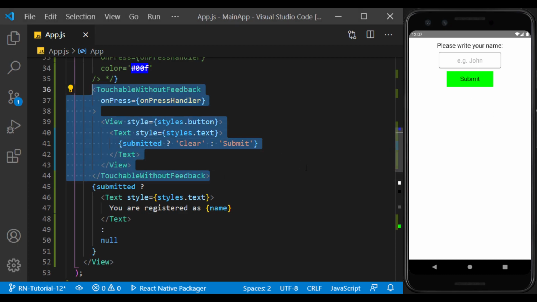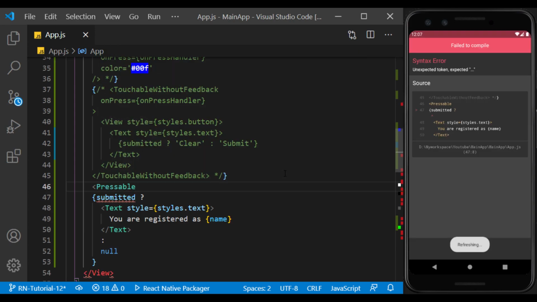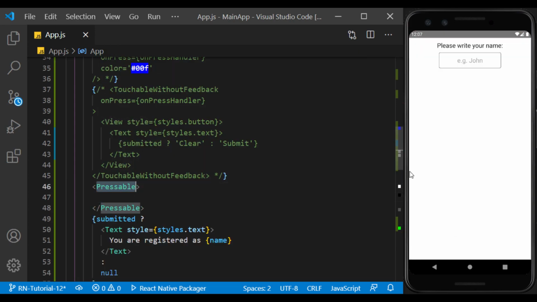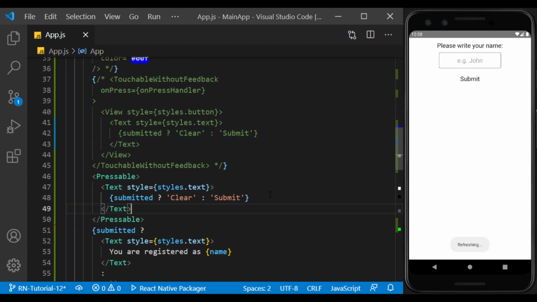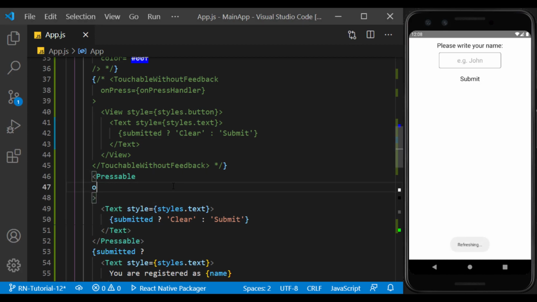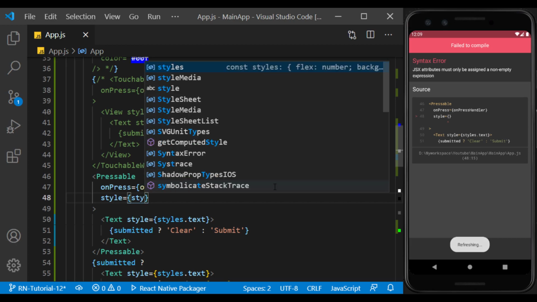React Native recently offers the pressable component as a button. We define text and onPress similar to what we said before. If we give it button style, it works similar to touchable without feedback.